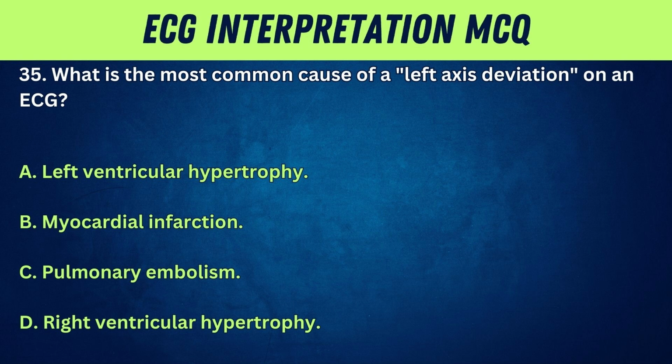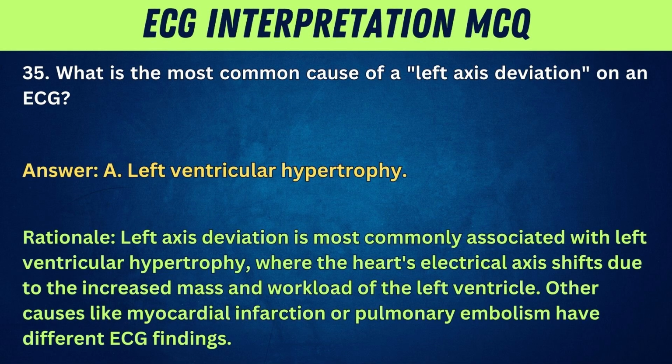35. What is the most common cause of a left axis deviation on an ECG? A. Left ventricular hypertrophy. B. Myocardial infarction. C. Pulmonary embolism. D. Right ventricular hypertrophy. Answer: A. Left ventricular hypertrophy. Rationale: